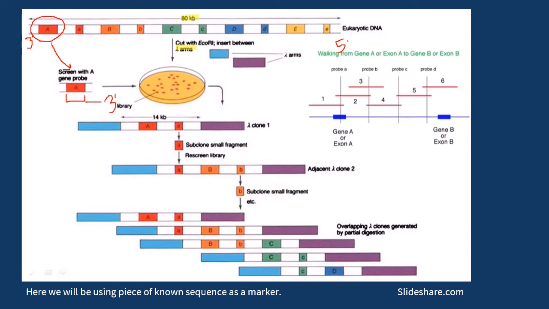From this region A, the primer will run further. It will copy the sequence from the template and form the complementary sequence, so nucleotides will add on at the 3' end. This whole process takes place in PCR. We will be using what? PCR. If you don't know about PCR, just go back and get your basics clear.